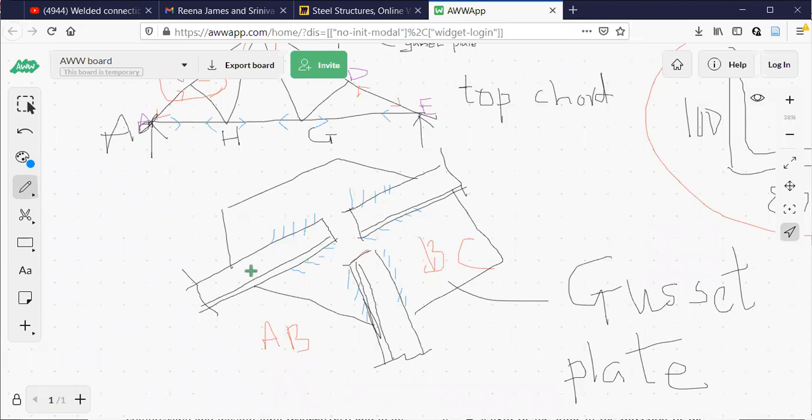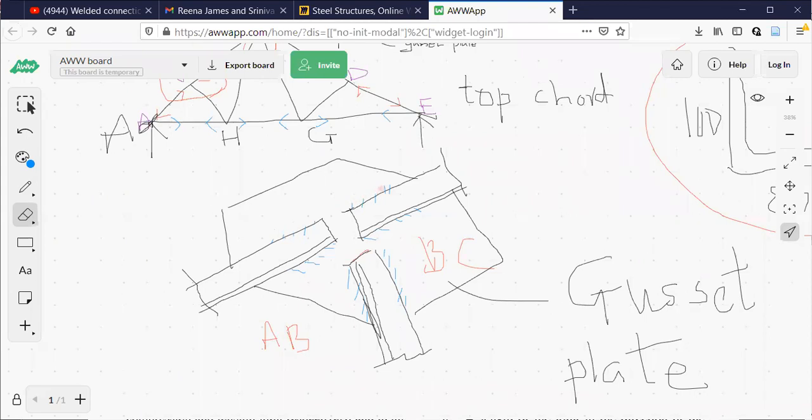Now the second option is to either use welds or use a bolted connection. Now imagine these welds are not there. You should imagine that now because I have already used it. I'll try to remove that one. See this weld, I'm removing the weld here.